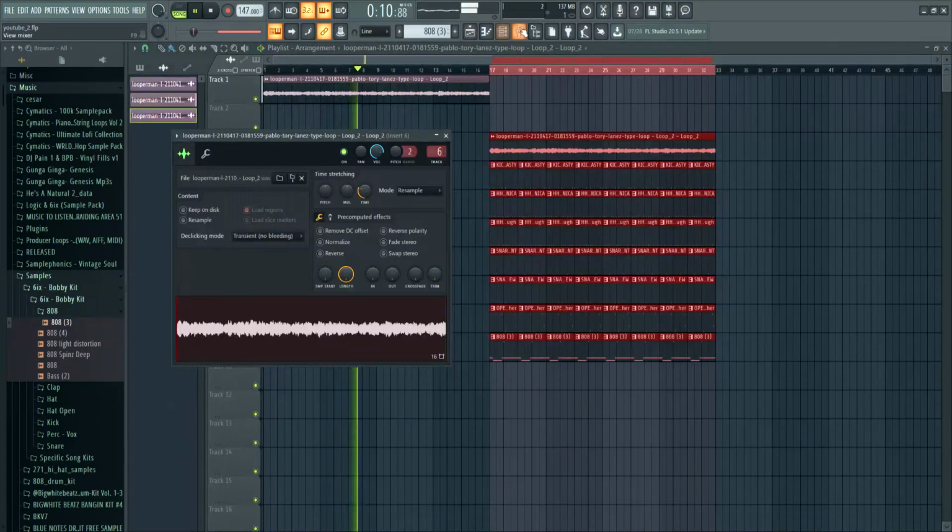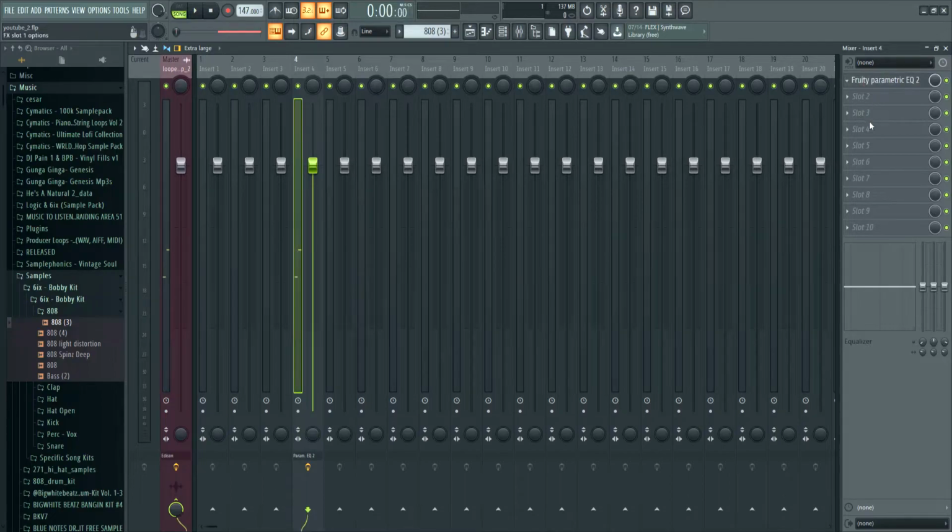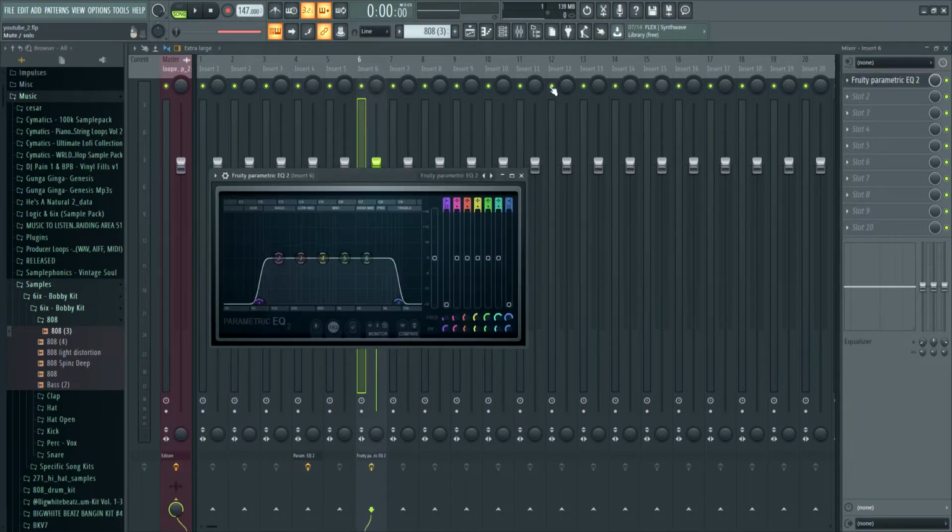Let me check. This is at 6. So what you could do if you want to make it faster is click left and right and drag this to 6, and it'll be there. So now